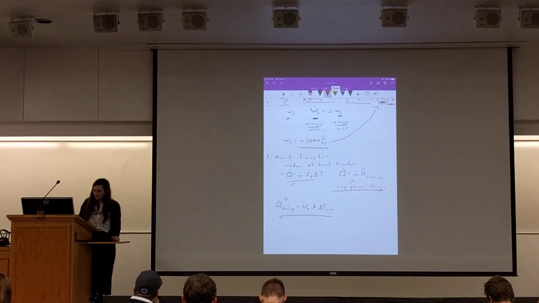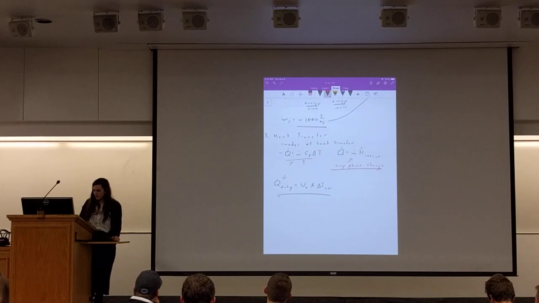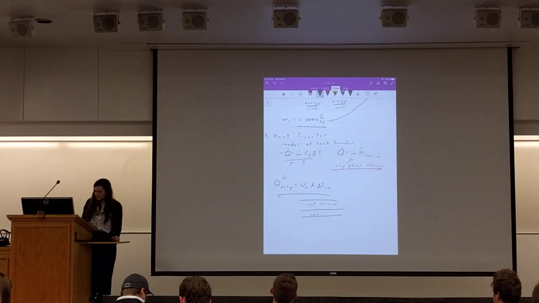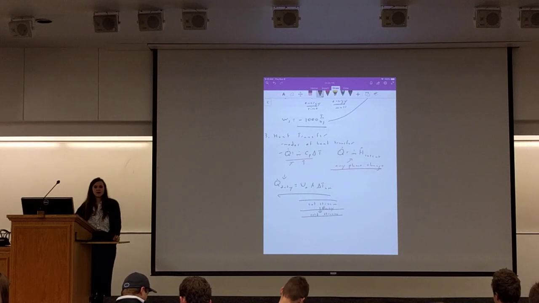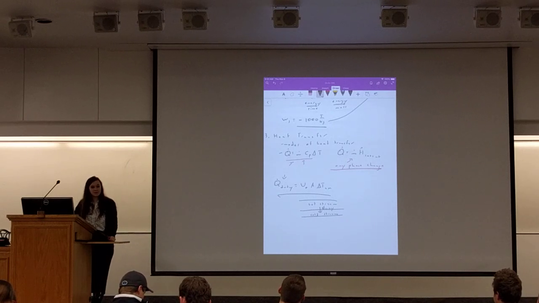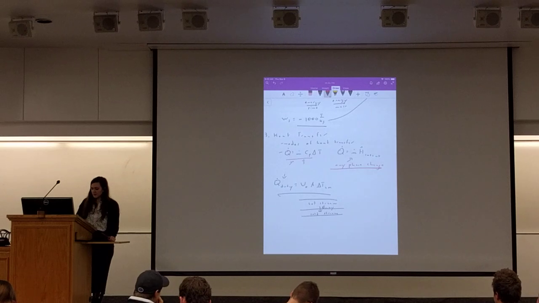Alright, on your homework, you use this one. So a heat exchanger always has a hot stream next to a cold stream. Okay, and heat will go from one to the other. And so the heat of each stream is going to change. Either their temperature will change or their phase will change. And then you use these ones